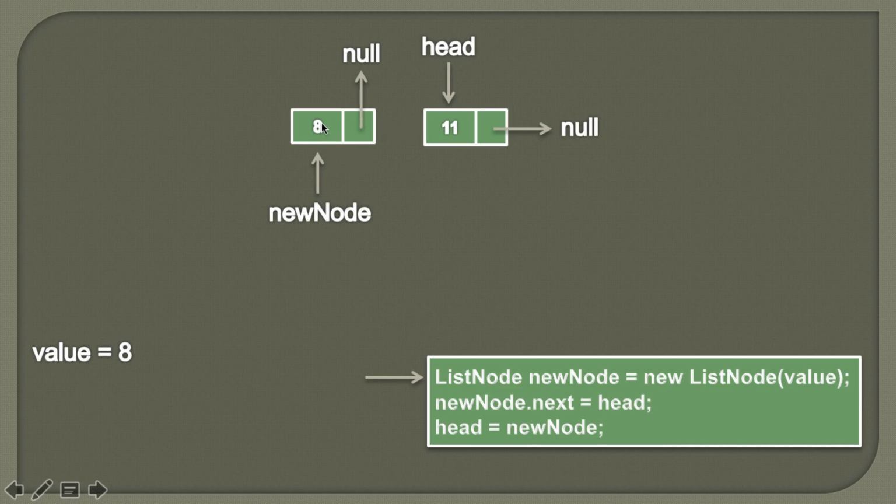So in order to insert this new node just before the head, there has to be some link between these two. So in the next step what we do is, as new node next is pointing to null, we simply assign the value of head to new node's next. So it would look something like this. The new node next now points to head, which also makes sense because we are inserting this new node at the beginning of the singly linked list, which is nothing but just before the head. Moving ahead. And in the last step, as we have inserted this new node at the beginning, head should point to this node. So we simply assign the value of new node to head. So it would look something like this.